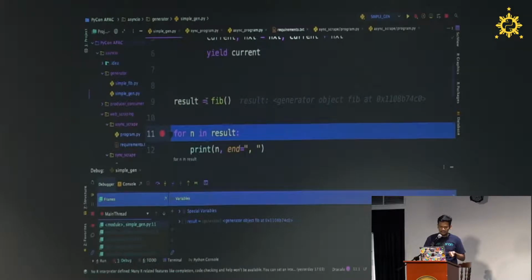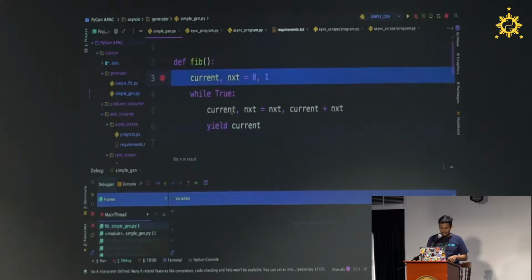After we assign the result from the Fibonacci function, we simply do not execute the entire function. We must have a loop to receive the data. So if we press F7,